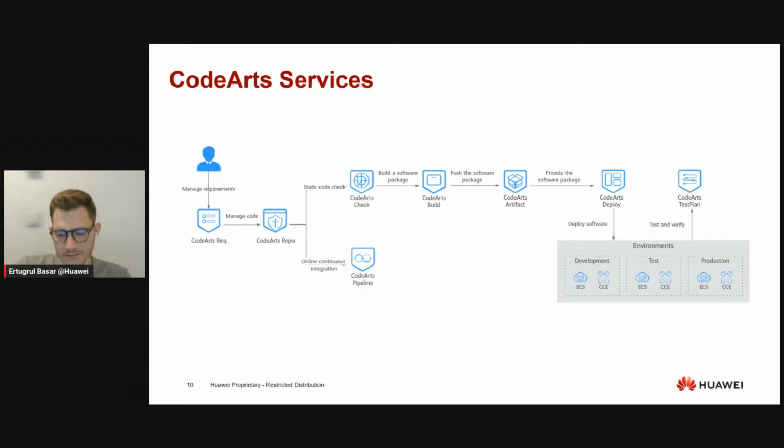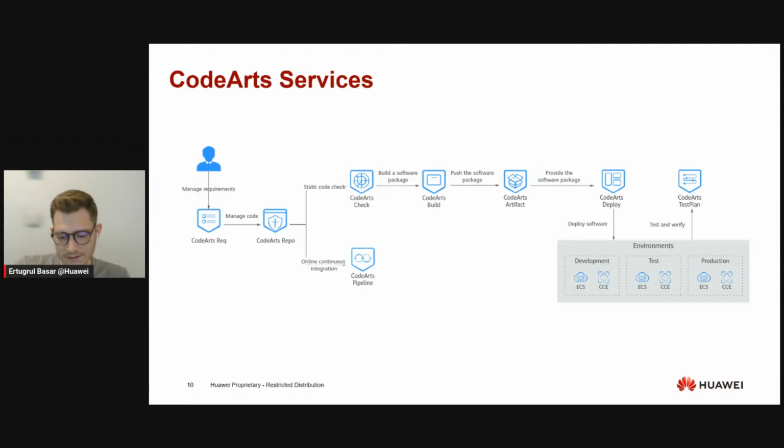We can create project-related tasks on CodeArts Req. We can describe it as a project management service similar to Jira. Afterwards, we can upload the source code of the project to CodeArts Repo, where it will be stored. In the next stage, we can continue the project manually or by creating and automating a pipeline. We can see the pipeline in the branch below. In the manual part, the branch above,